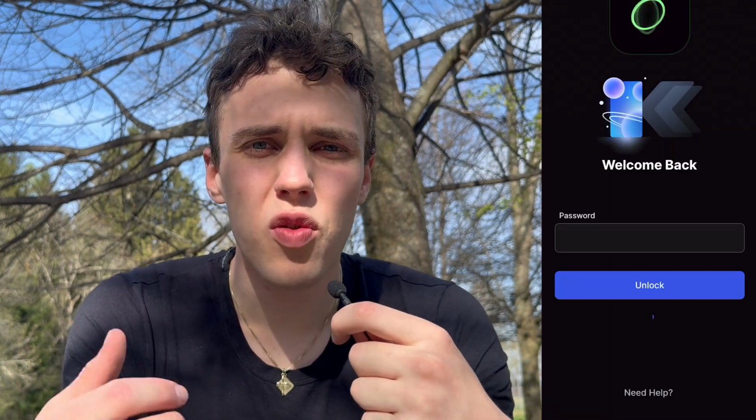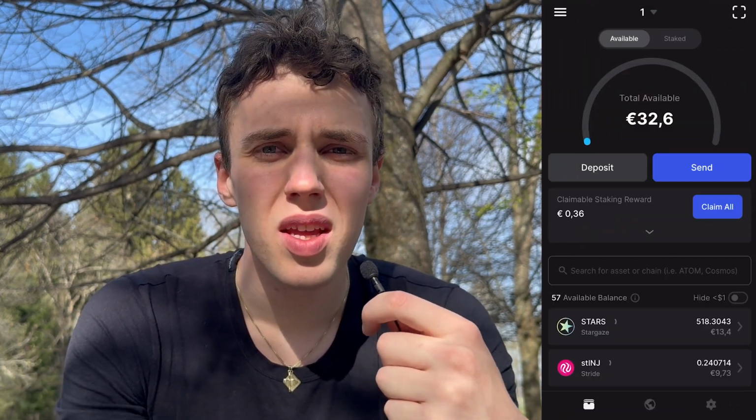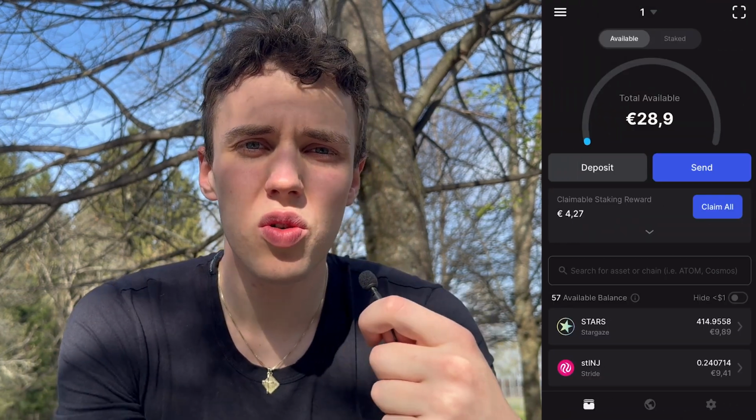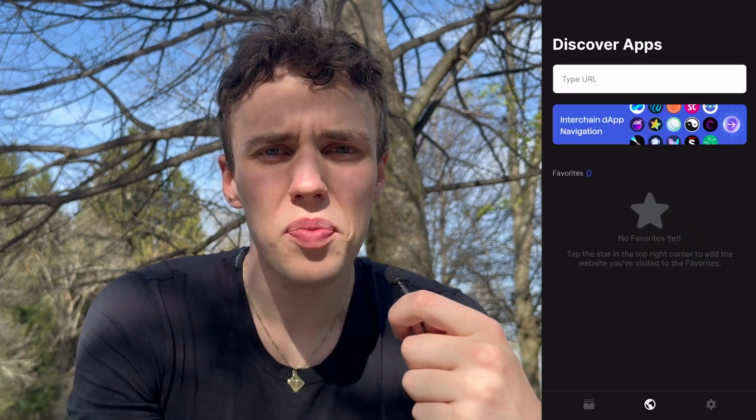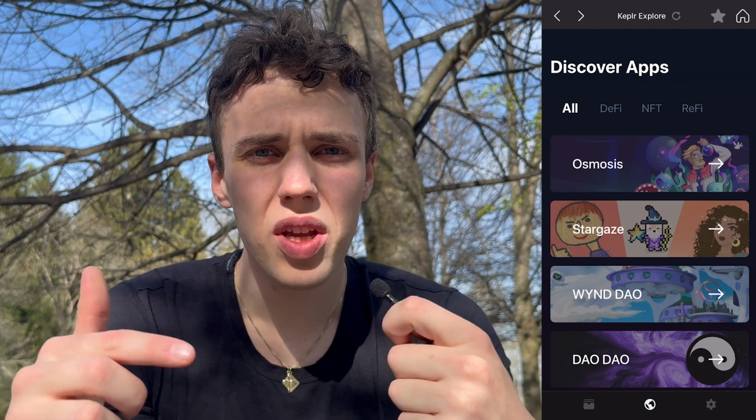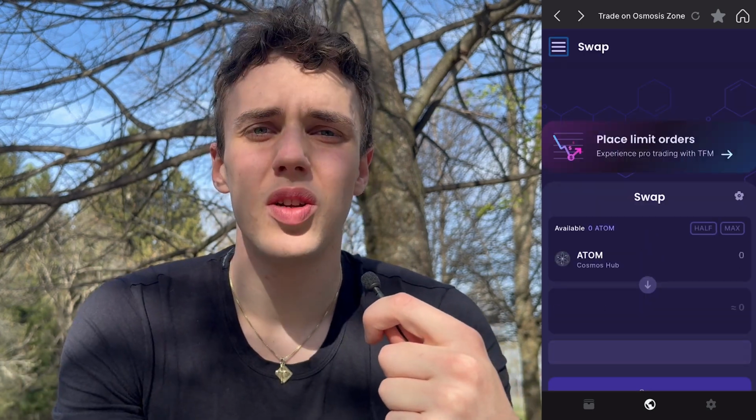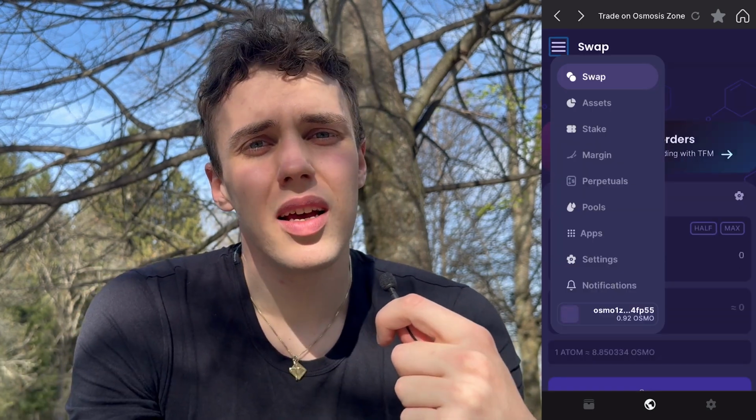The first thing you're gonna need for that is to download the Keplr Wallet app. You can get it on both iOS and Android devices, and as soon as you have connected your wallet, you're gonna click on the little globe on the bottom, and from there we can access the different applications. And today we're gonna need the Osmosis stacks, so we're gonna click on Osmosis, and as soon as we are